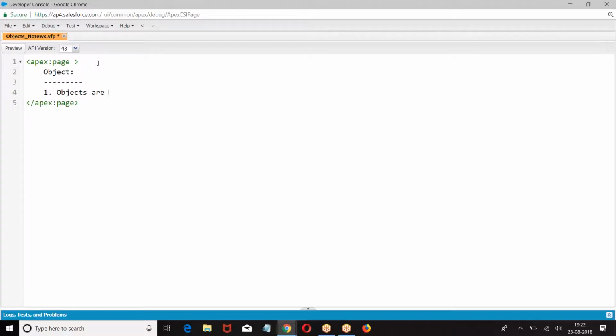So what are objects? Objects are nothing but a regular database. Objects are used to store the data in the database.